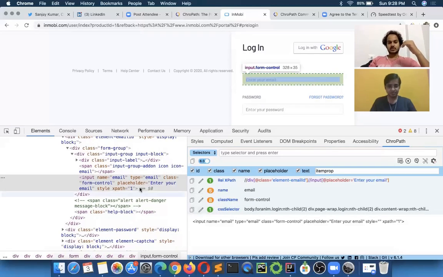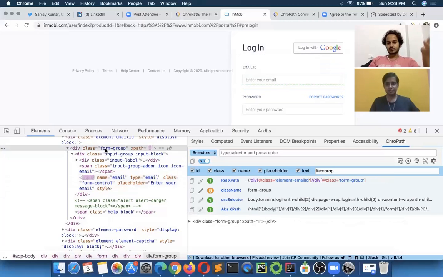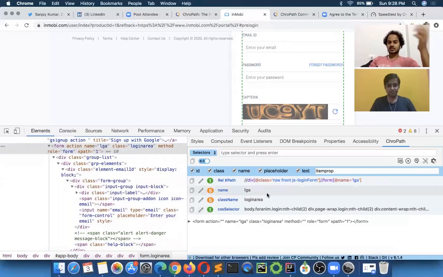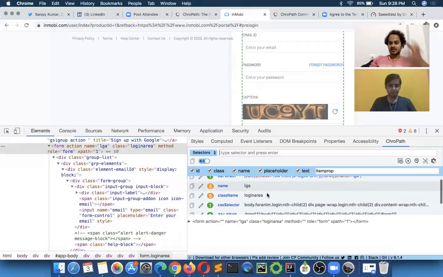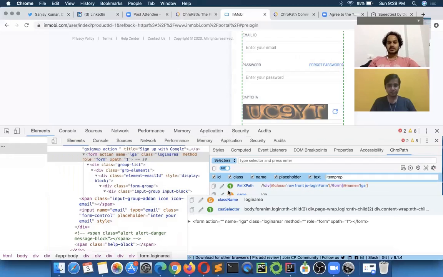But just by looking at the DOM, a beginner would never be able to understand what selectors are possible. They might know XPath as a selector's name, but from here they can learn what all possible selectors and occurrences there are, and which one they should use and which one they should not use. So it helps a lot in that way.